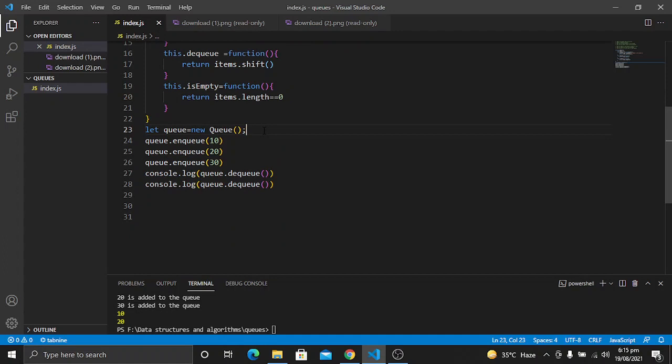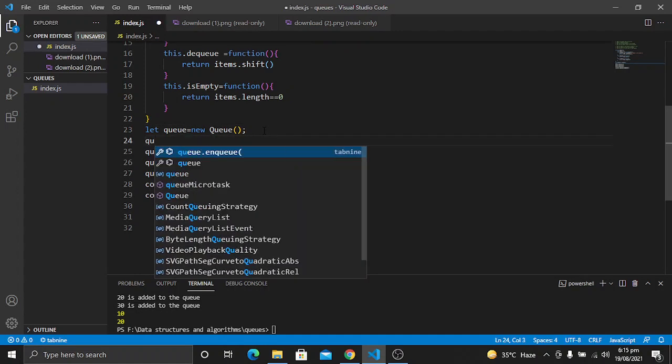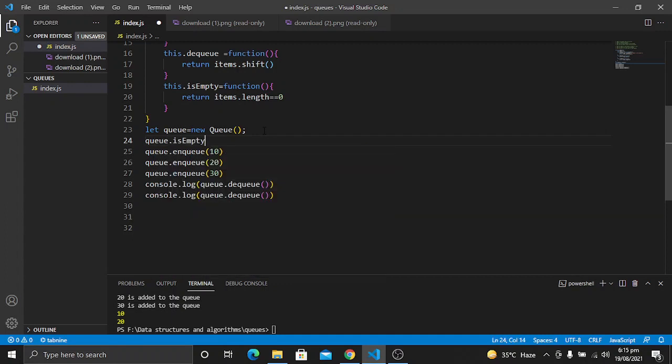So let's call this function here, which will be queue dot isEmpty. Now you see at this position we have no elements in the queue, so here we will get an empty queue, but at the bottom we will get the queue is not empty, which will be false.